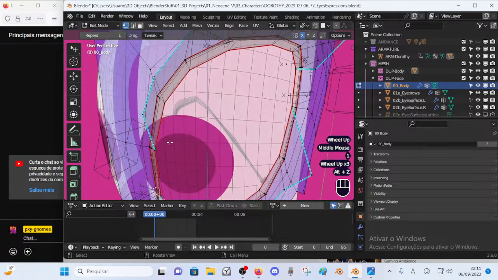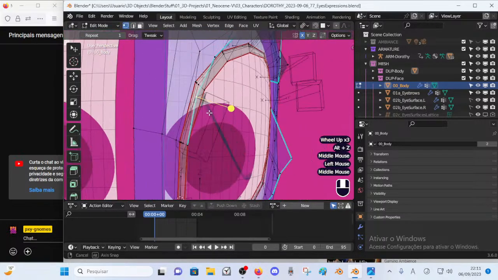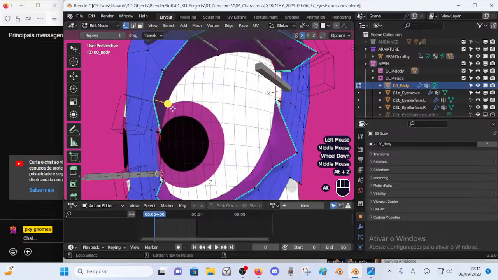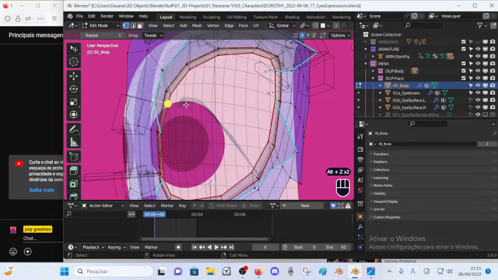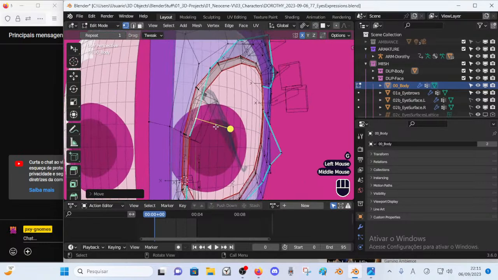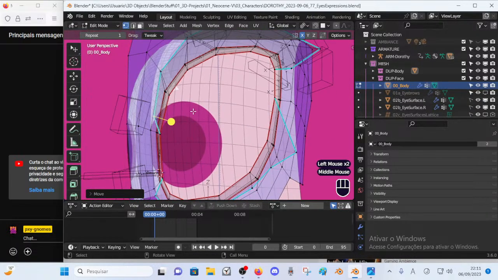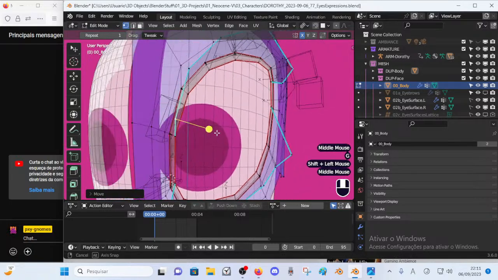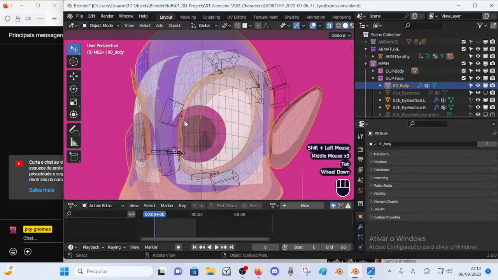And finally, there's the weight painting that I'm not touching, but there's another way to tweak the mesh, the deforms I mean, which is exactly by changing the mesh itself. That we are seeing here is the eyebrow, the mirrored eyebrow, which doesn't matter right now.